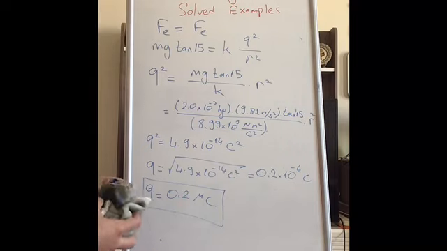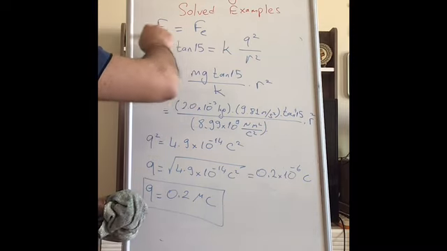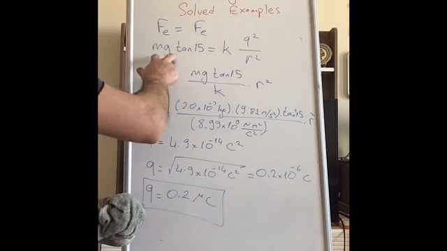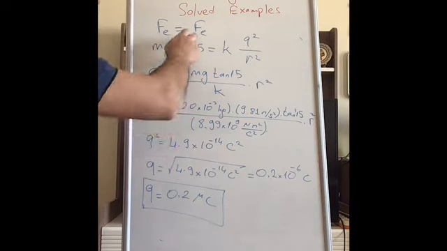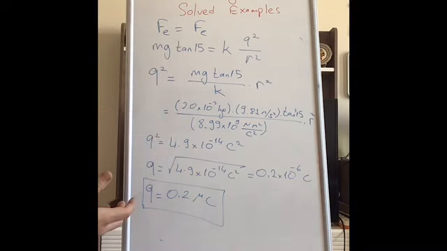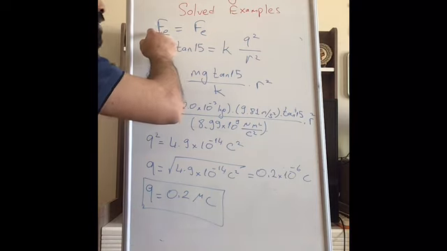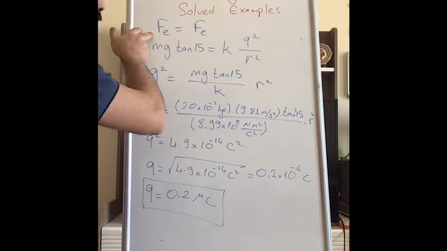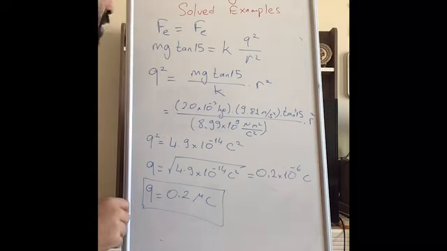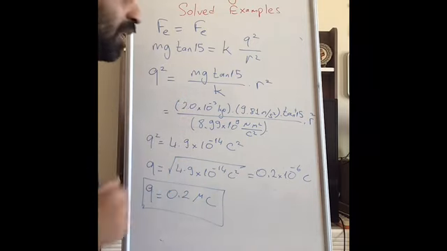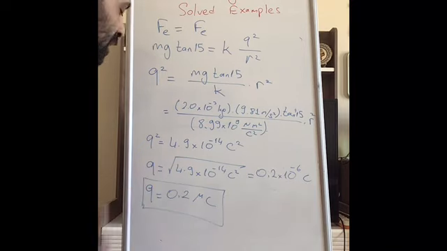And the strategy is important. Actually, we didn't jump to the electric charge. We first calculated the electric force by using the equilibrium equations, and we found mg tangent 15 will be equal to the electric force. But on the other side, we also know Coulomb's law to write the electric force in terms of the charges of the spheres, and this is the door we can move from mechanics to electricity and magnetism. Then, just following some mathematical steps and using your calculator, we found each sphere has 0.2